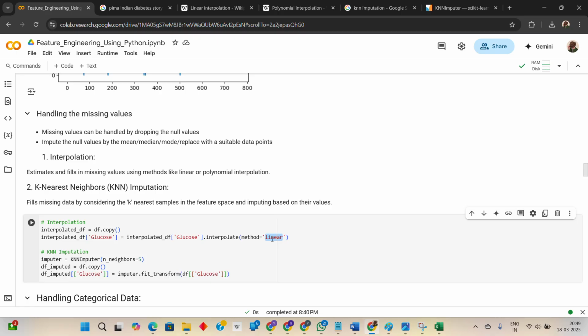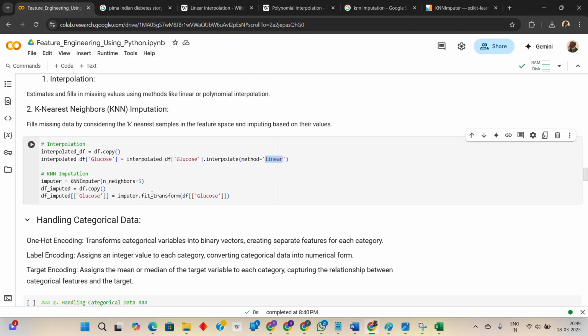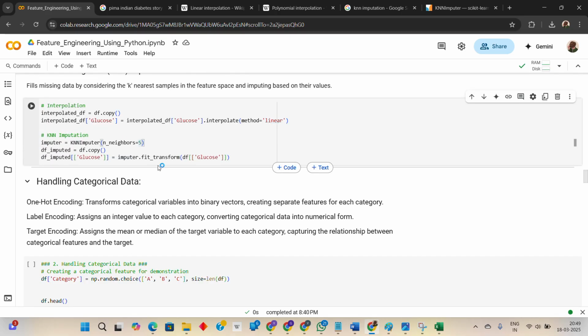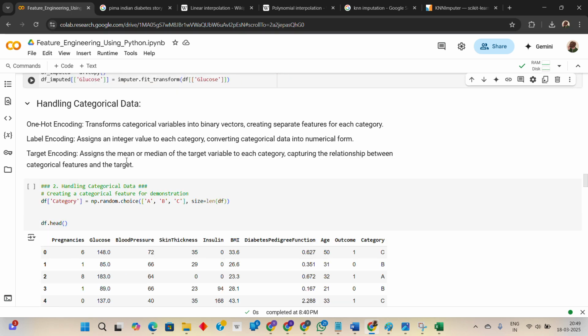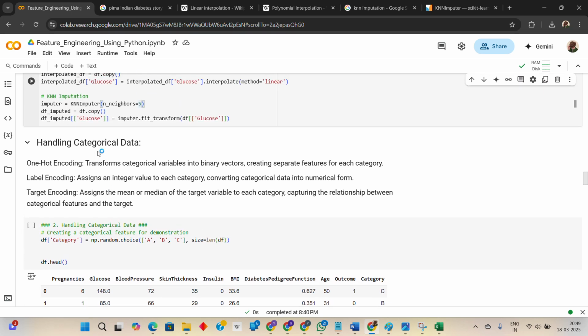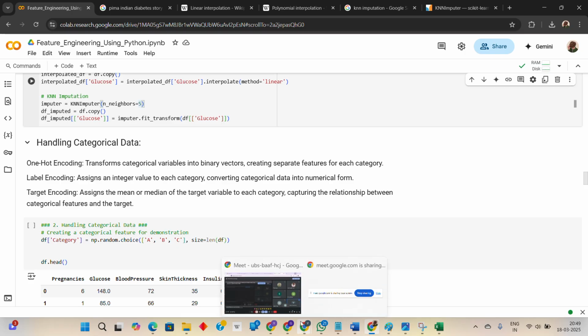Otherwise you can go for KNN imputation. Simply you can mention 5 or 6, whatever number you feel will be good to fit. Then the second concept is handling the